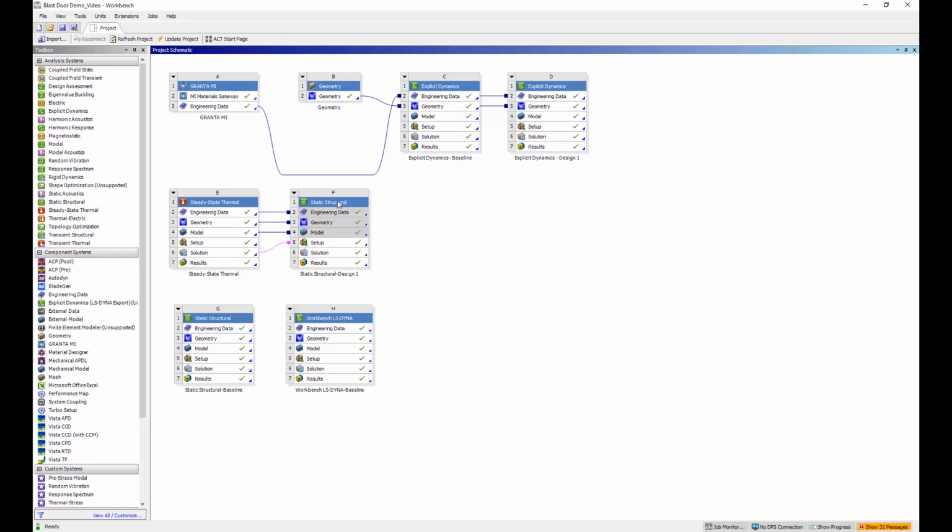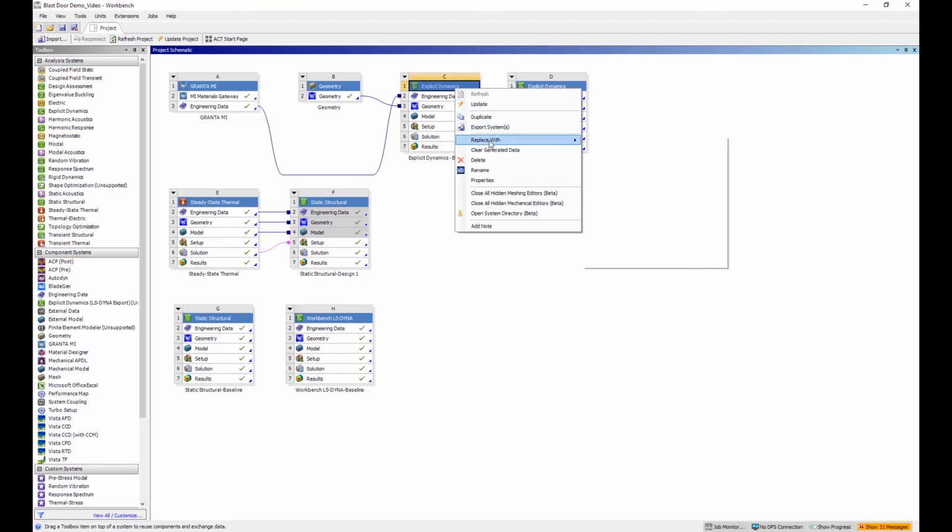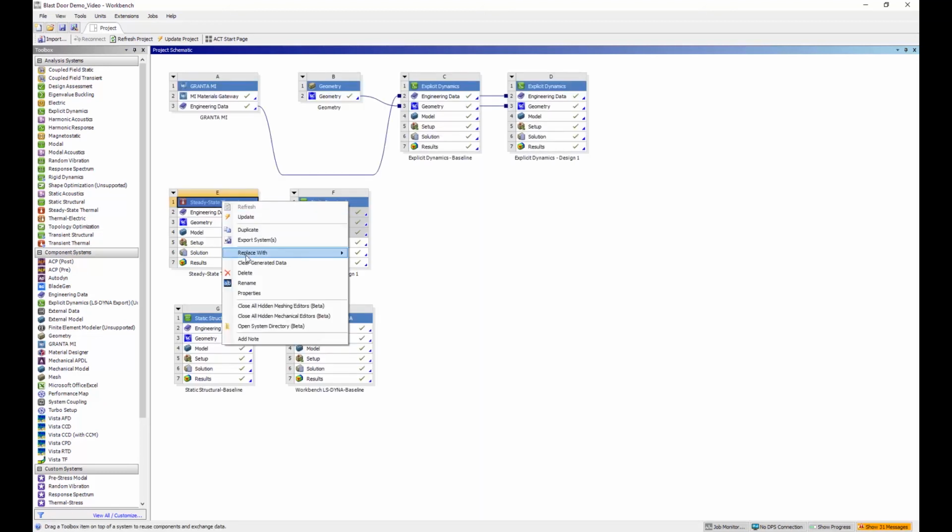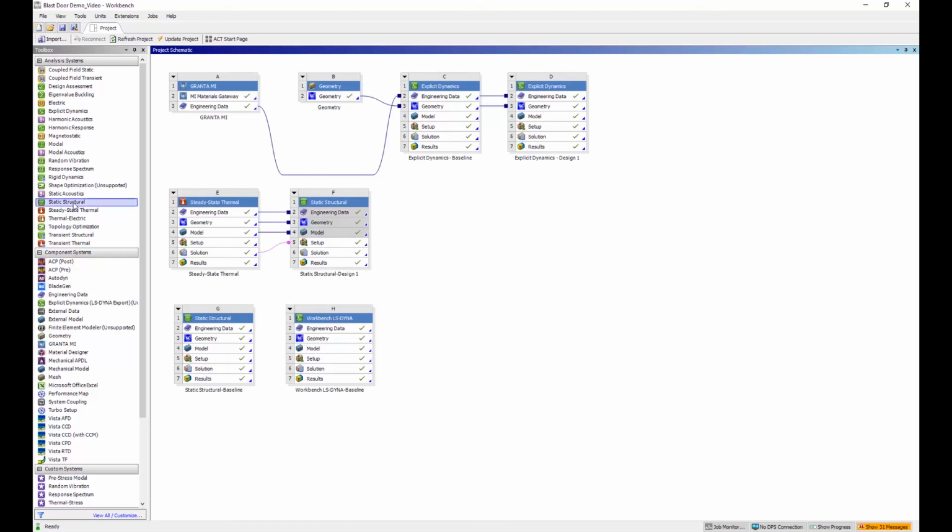So for that, essentially what I did was I click on this and I duplicate this system, and then once duplicated, I just convert it to the thermal solution, and then I can just drag and drop over here and set up a static structural solution. So what this is doing is, it's doing a thermal solution using all of the existing model that was built up, and then it's doing a thermal expansion solution after that.